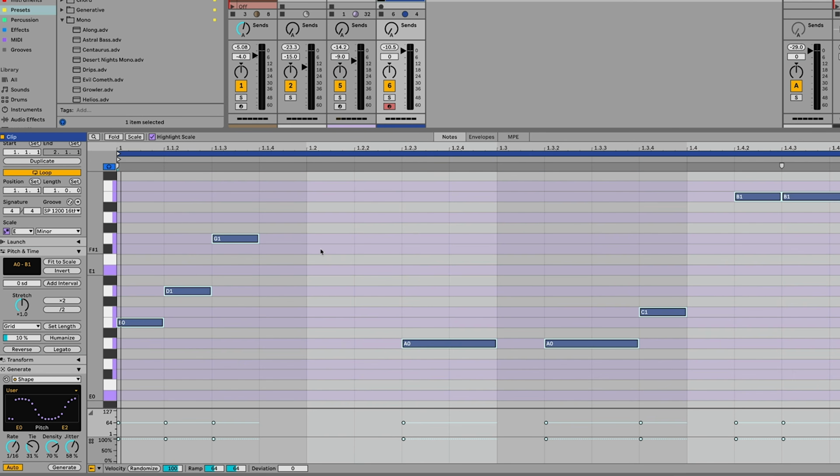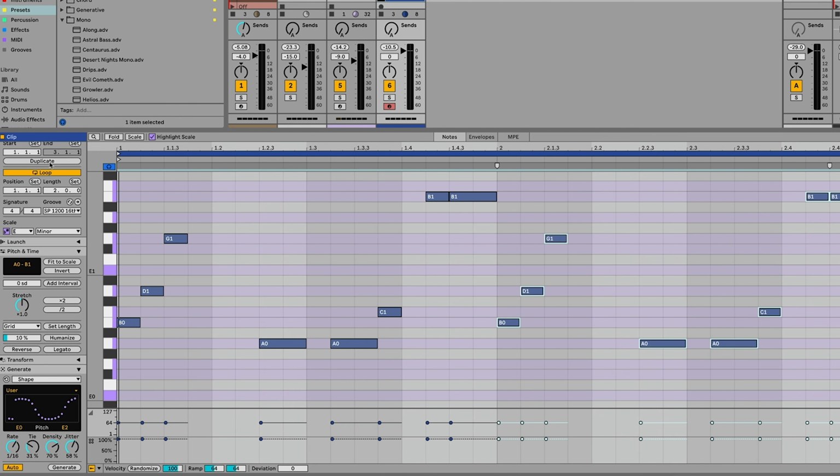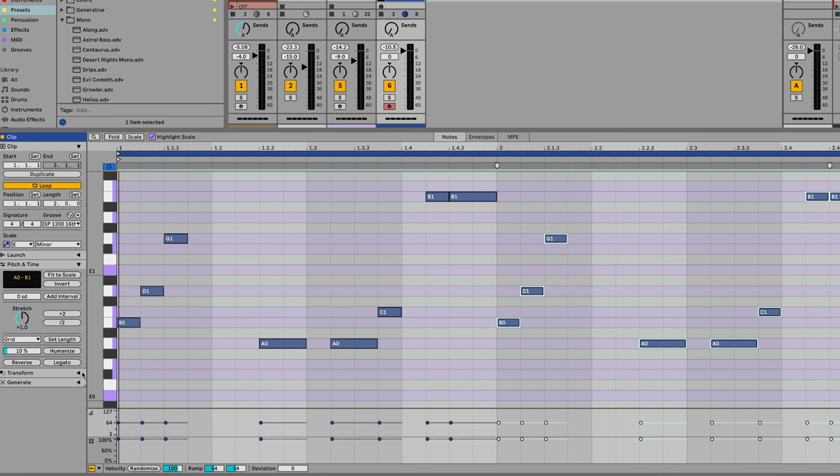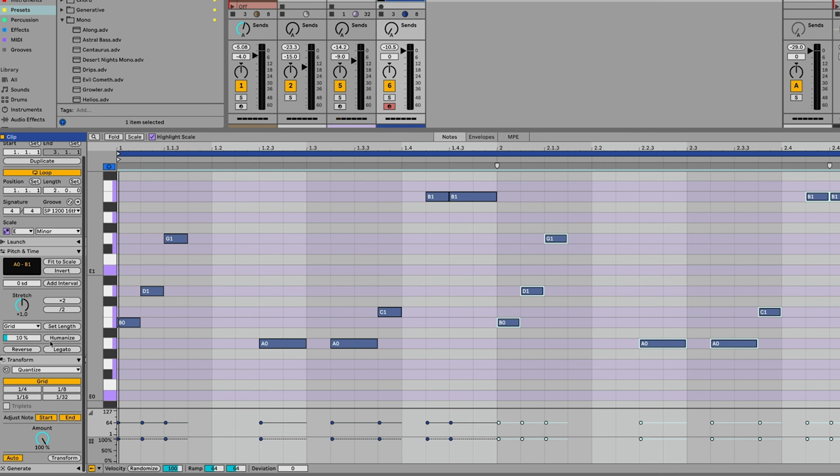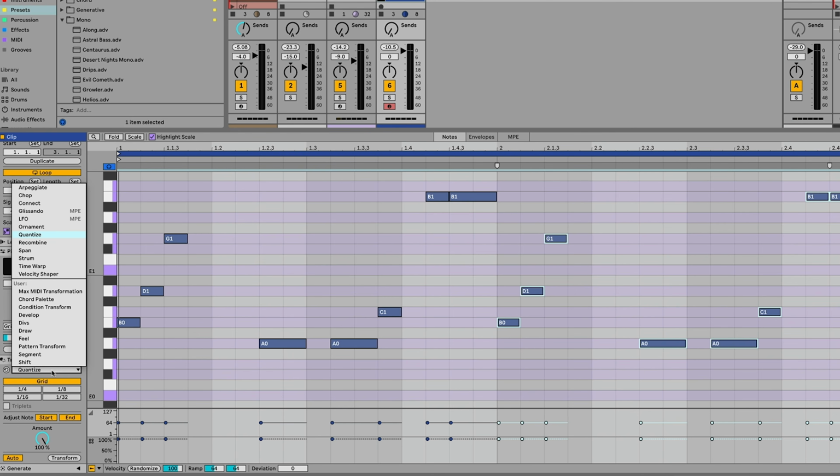Cool, now let's look at another technique that we can use to extend this one bar loop to something slightly more interesting. So we've created this melodic pattern over here. What I'm going to do now is hit the duplicate button, and that's going to create a copy of the loop. So I've just got 2 bars of exactly the same loop, and it's got this second half selected here. I'll close the generate tab and instead open up this transform tab and go over to a